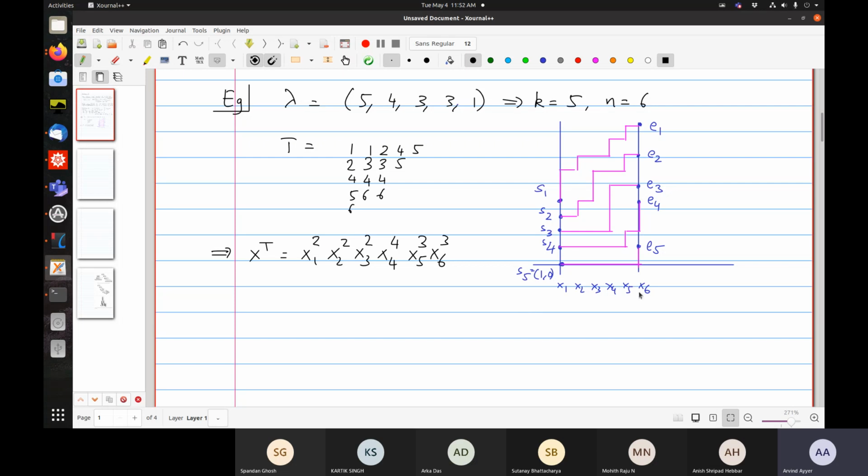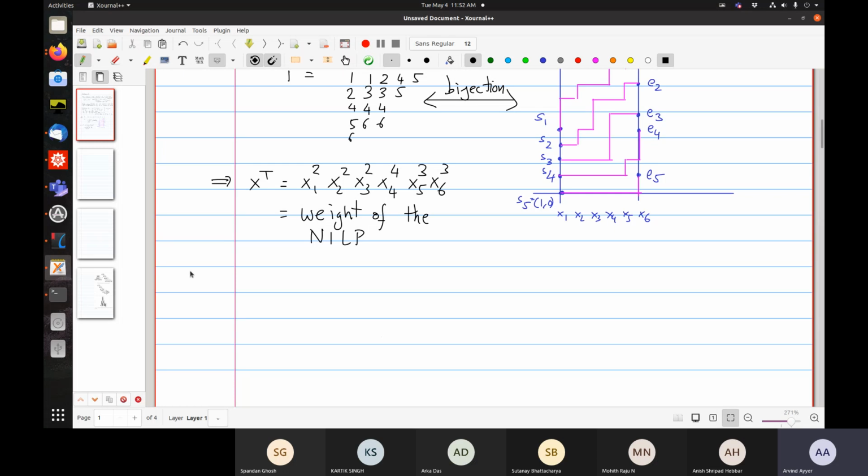So this path has weight x6, this path has weight x5, x6 squared, and so on, x4 cubed, and so on. So you get exactly the same. This is equal to the weight of the. So this is a bijection, I claim. So there's some checking to do, but modulo that, this should be convincing.